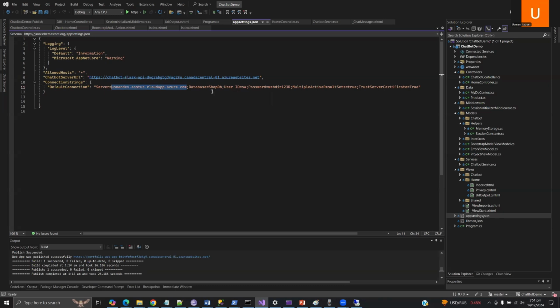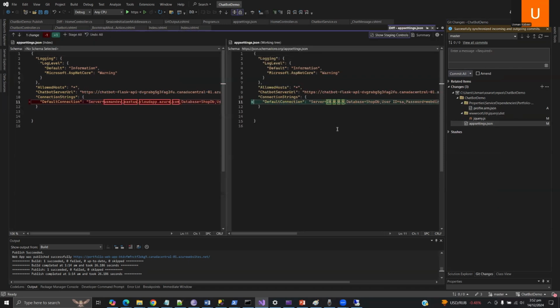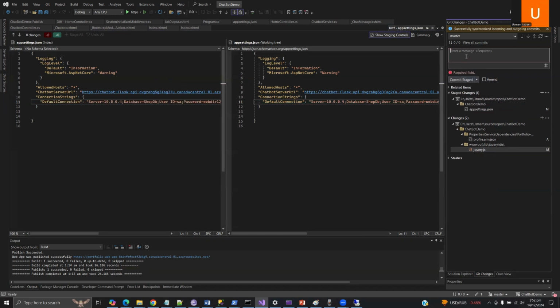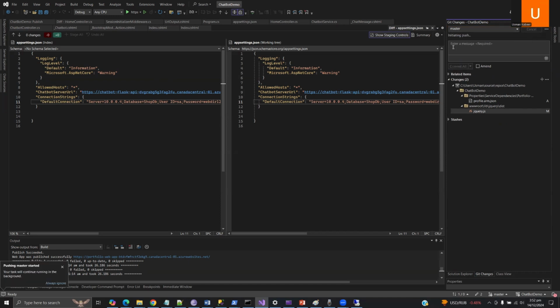What we want is this. Let's see the change. Okay, great. And once we commit it, edit private IP address in connection string. Okay. Once we push it to our remote repo,